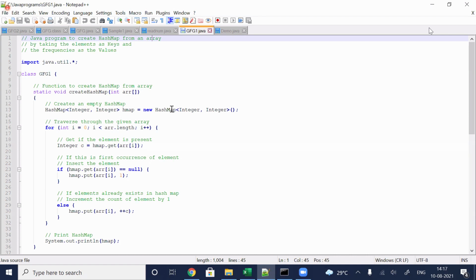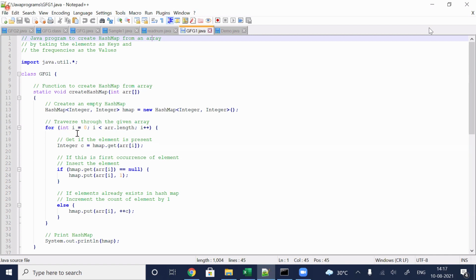Anybody having doubt regarding this line number 13? No, ma'am. Earlier it was hash table. Now it is hash map because we are mapping and counting the number of occurrences of each and every element.